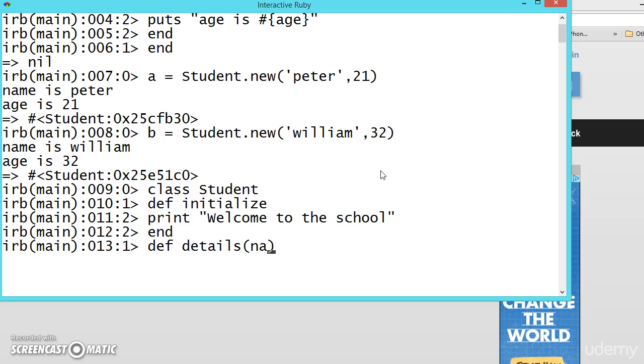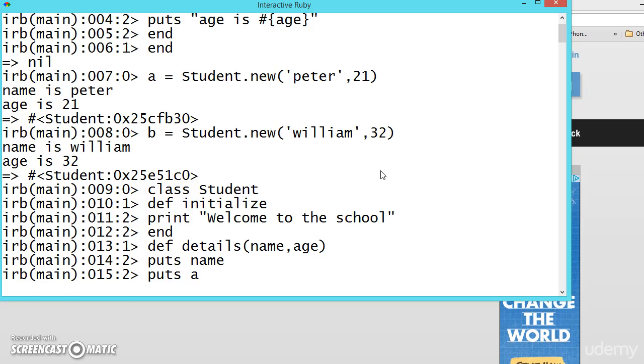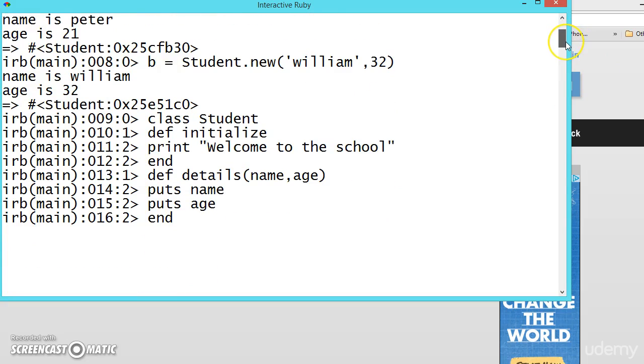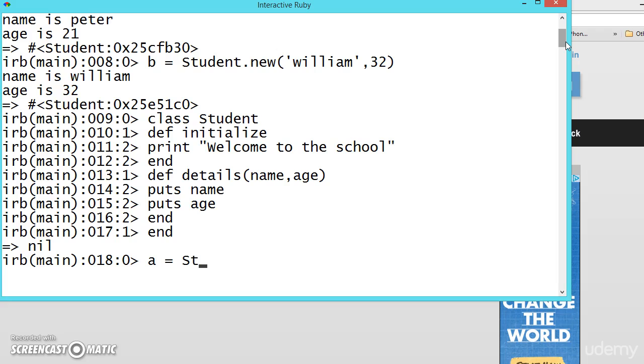Here we give name, age, and puts the name, puts the age, end the function, and end the class. Now let us create a is equal to student.new. We are creating an object.